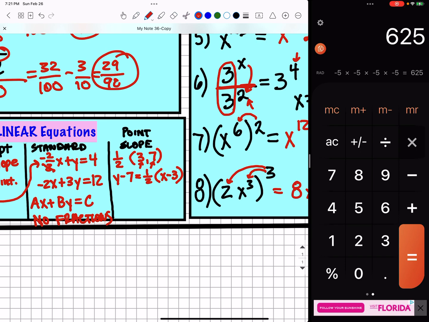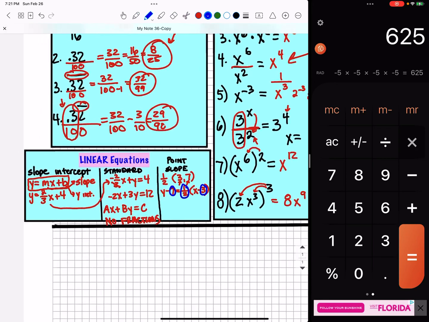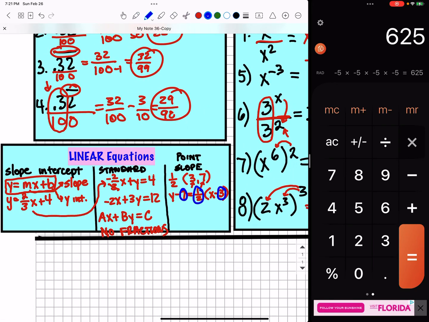Why do they call it point slope? Because you can see a point right here, (3, 7), and you can see the slope. So in my honors class, that's a really easy way to do another equation of a line, but you have to know the names of these. Slope-intercept, y equals mx plus b. You have to know standard is just something with an x plus something with the y equals c. And then point slope, that's kind of for my advanced class, but if you can memorize